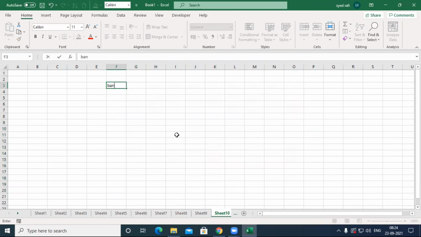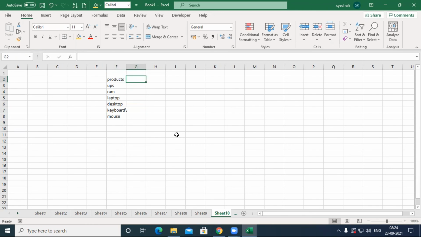UPS, RAM, laptop, desktop, keyboard, mouse, like this. So these are the products, and rate, quantity and amount.